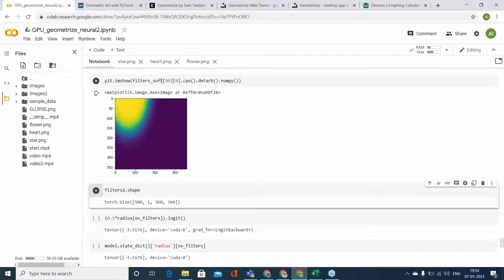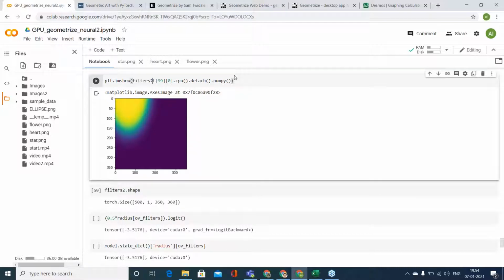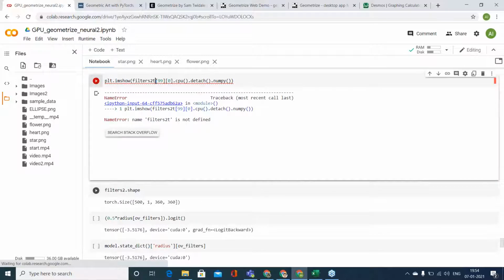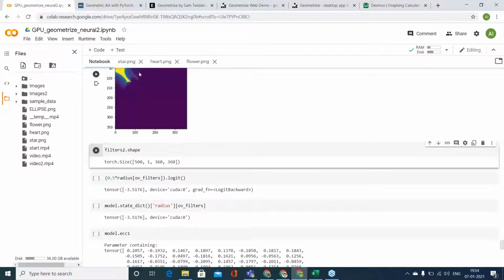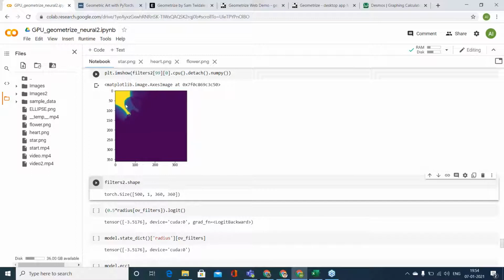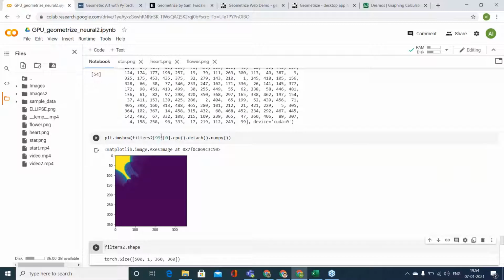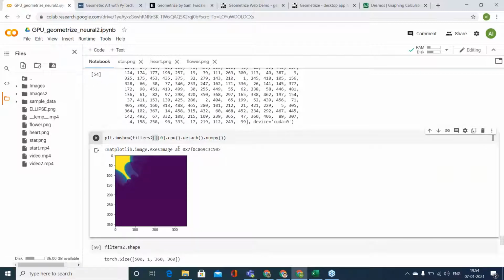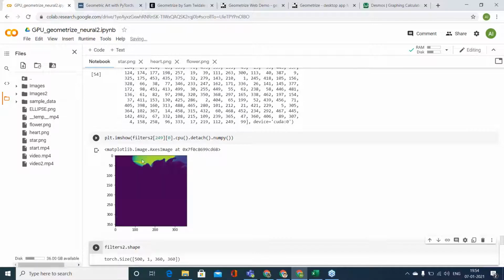So this was the actual ellipse, and only this part of it is visible in the picture, because all other parts have been covered. There's another ellipse over it, another ellipse here, another ellipse here. Similarly, there was one big ellipse here.